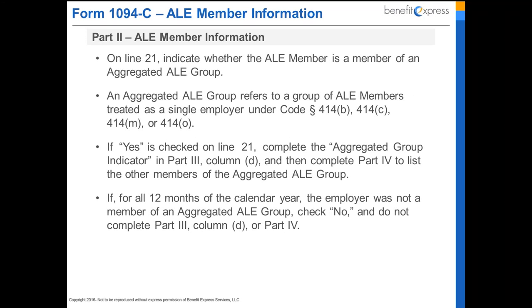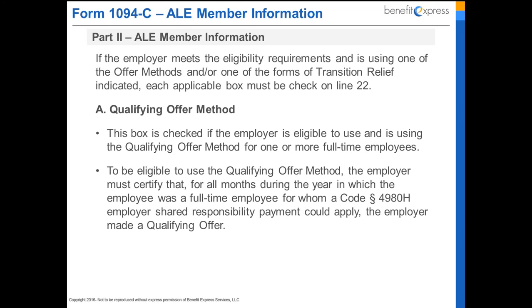On line 21, you have to indicate whether you're a member of a control group. If you are, indicate that in line 21, and then you have to, again, indicate that in Part 3 and Part 4. And then line 22 explains every method. First of all, the qualifying offer method. This box is checked if the employer is eligible to use and is using the qualifying offer method